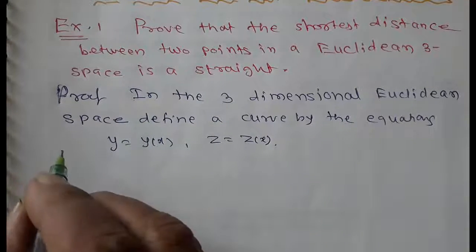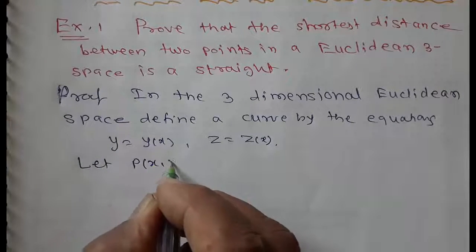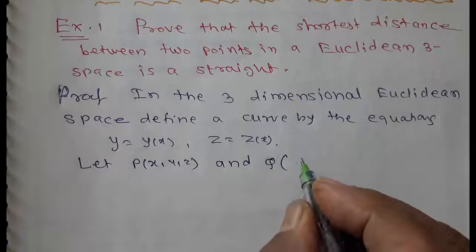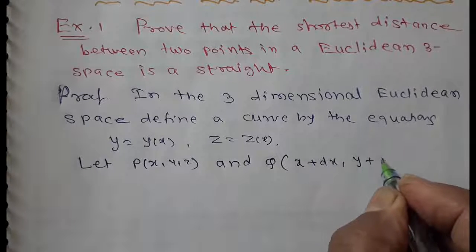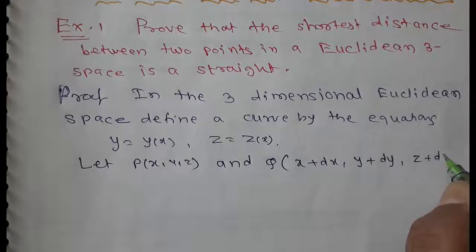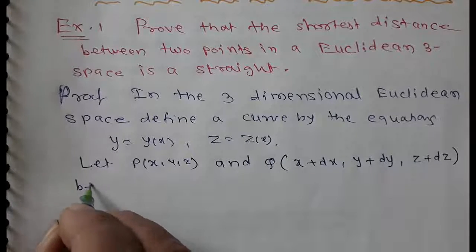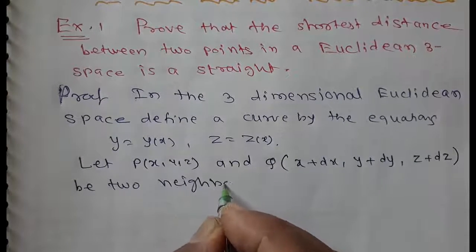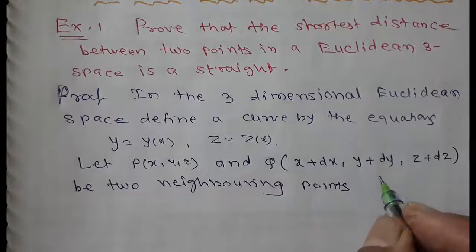Let P of x, y, z and Q of x plus dx, y plus dy, z plus dz be two neighboring points on the curve